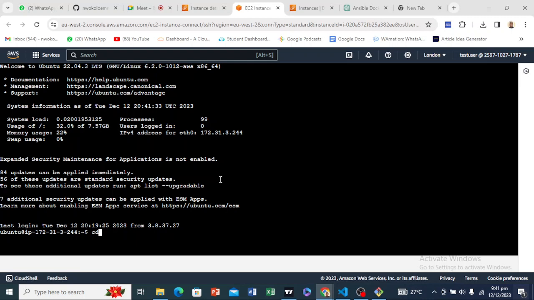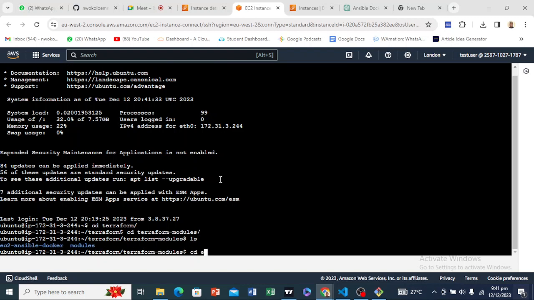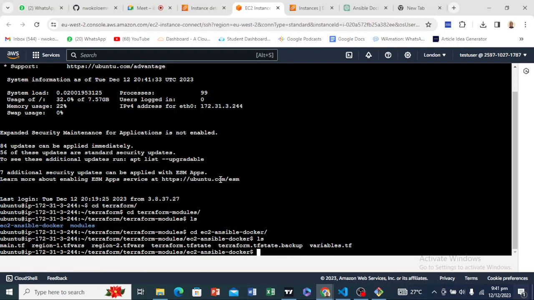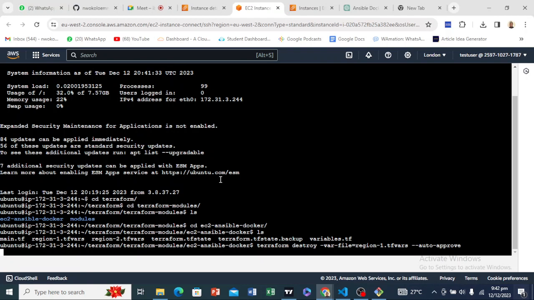Okay, so we can go into Terraform, then into Terraform modules, then ls. We can go into EC2. Then we can do a Terraform destroy, then -var-file is going to be equal to region-one.tfvars. Then we're also going to be setting the --auto-approve. Okay, so while this is destroying,